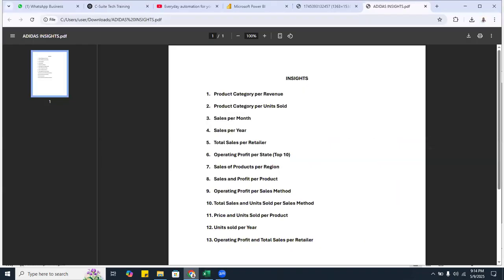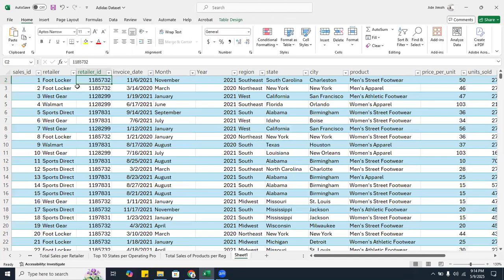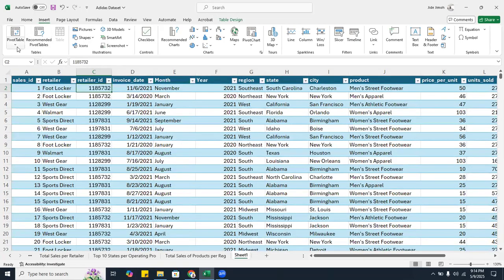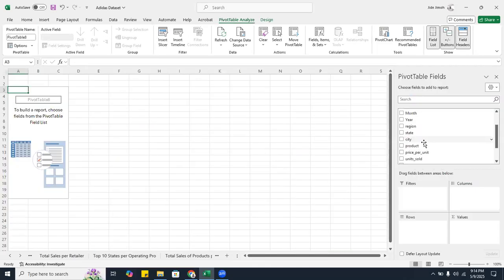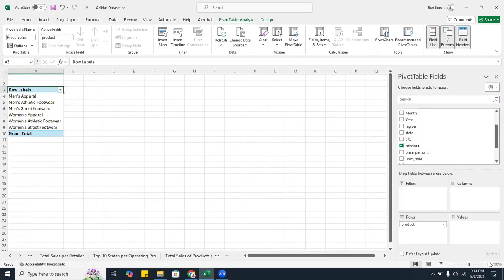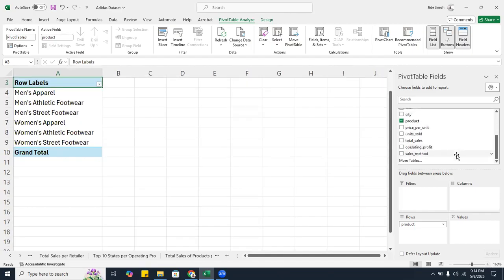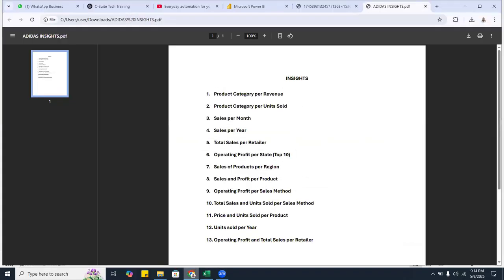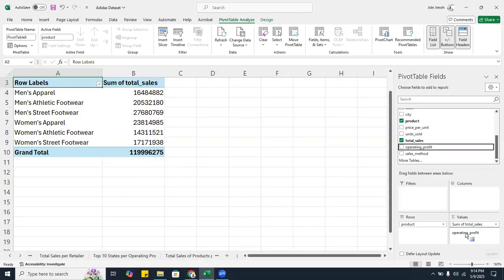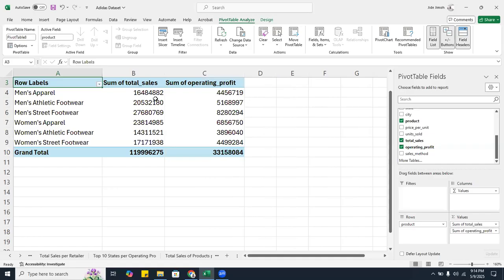The next analysis is number 8: sales and profit per product. Let me go to my master sheet and get another pivot table. Sales and profits per product. We're still talking about the products, but this time we are getting two values, which will be total sales and profit side by side. I'm going to give both of them